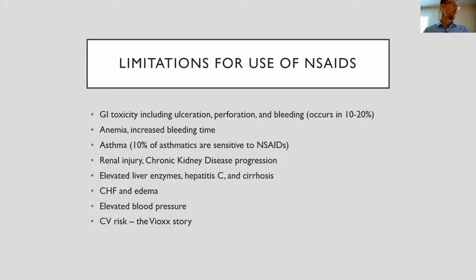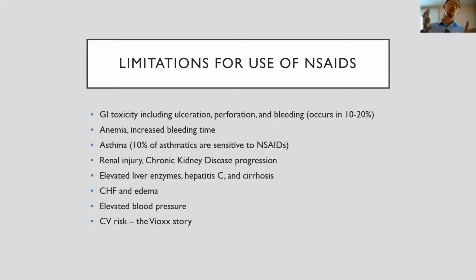So CHF, we talked about elevated blood pressure. It is thought that NSAIDs increase blood pressure by about 5 millimeters of mercury on average. Now, that number by itself doesn't sound like a lot, but it may be significant. You all remember the study that came out in the fall of 2019? The cardiologists, I forget the name of the study now, but the cardiologists did this big study about what the blood pressure targets are that we should be trying to hit.